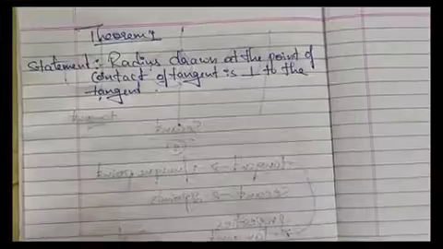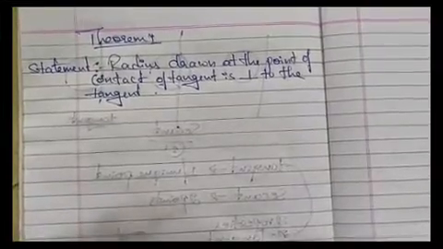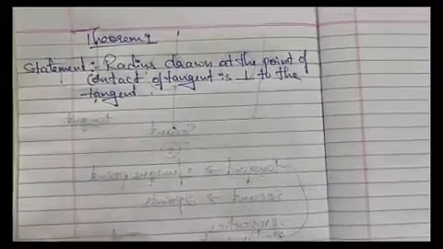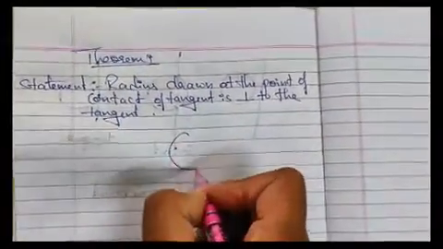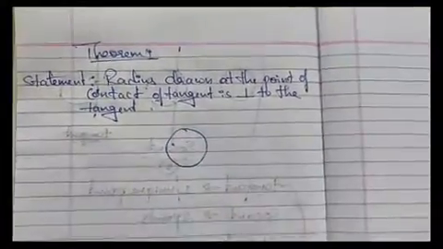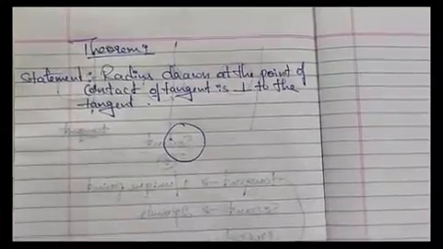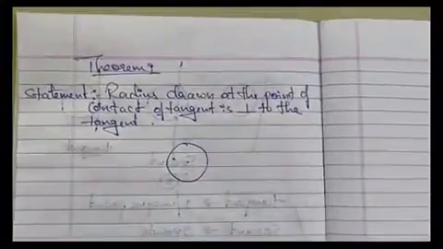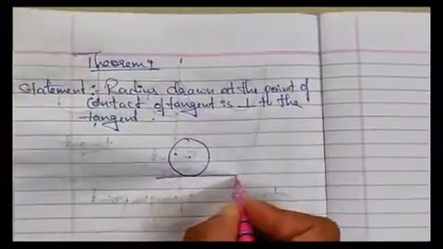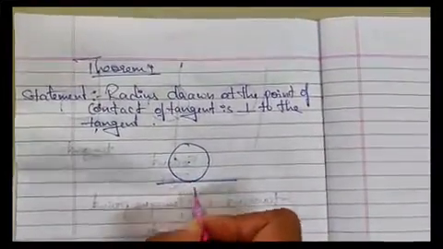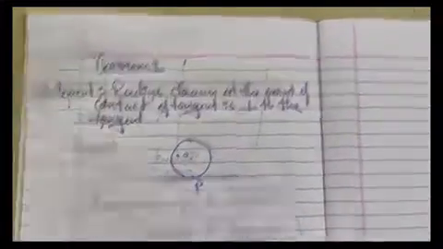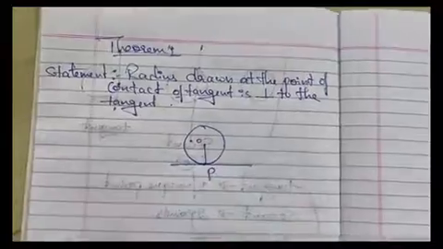Every theorem gives you something as given, and something to prove. So we will use our logical reasoning of mathematics and we are going to prove it. Before we prove anything, we need to draw the diagram, because in a circle, where is the radius? It is in the circle. So let us consider this as the tangent. This is the point of contact P. This is the center of the circle O. So a radius is drawn, OP.